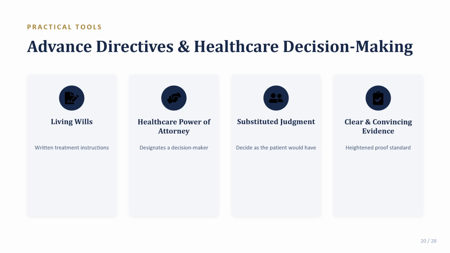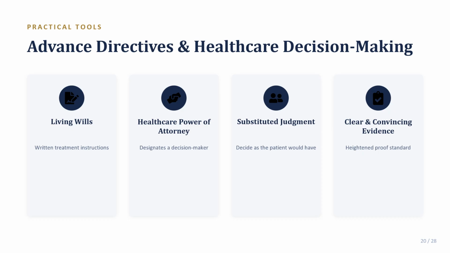A healthcare power of attorney is going to designate a specific decision maker. It's sometimes called a healthcare proxy or a healthcare agent, and it is somebody who is legally authorized to make medical decisions on the person's behalf if they are unable to make those decisions themselves. Okay, notice that that differs from a living will. The living will states specific instructions in advance, while a healthcare power of attorney is going to designate a trusted person to make judgment calls in real time, informed by whatever specific circumstances are actually coming up, which the original document can't possibly anticipate in full detail.